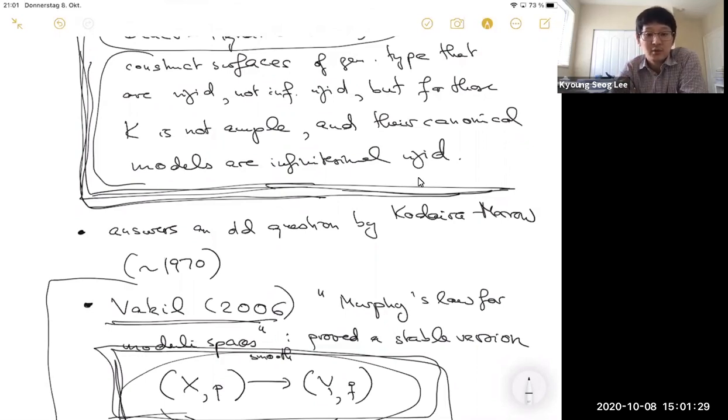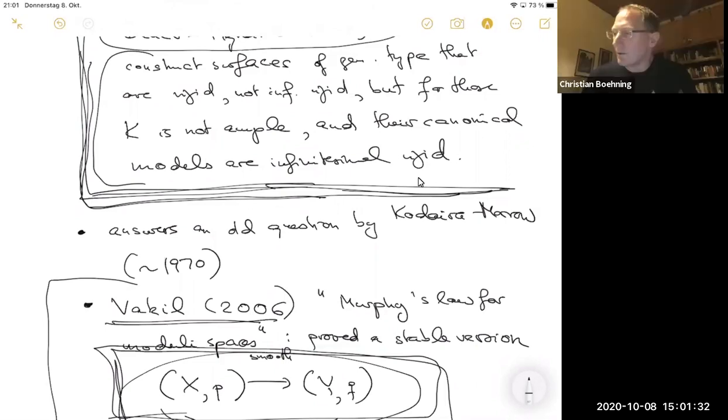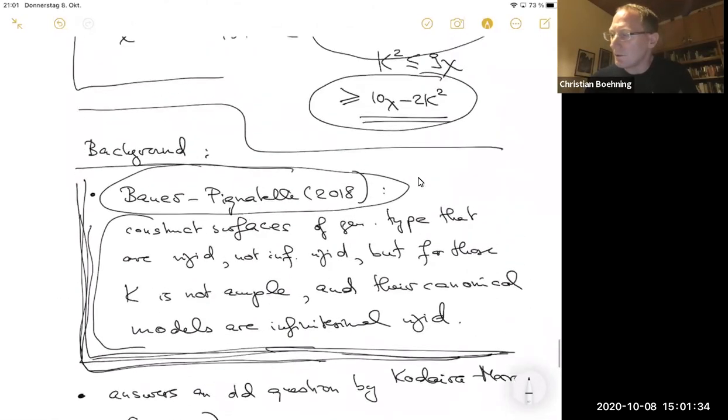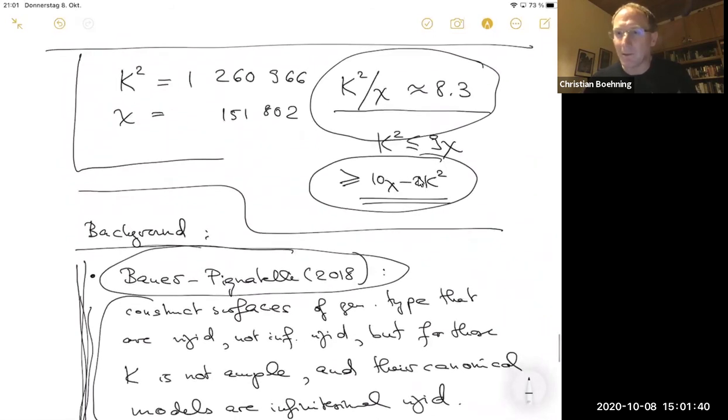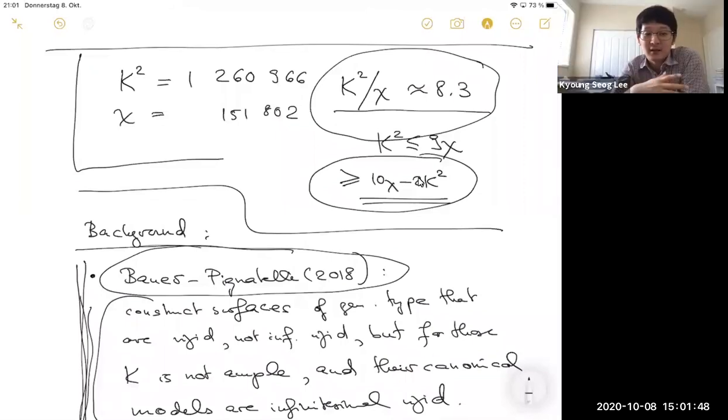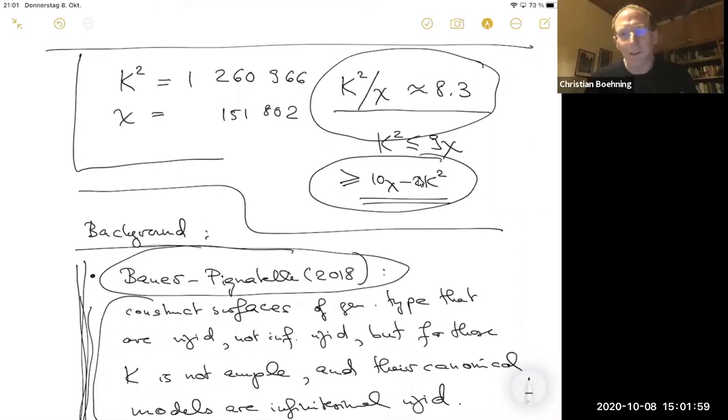Is there any example where this ratio is greater than 8, but still non-rigid? Is there any such example? I wouldn't know. No, I don't know. I would have to think about it. Probably, yeah, I think there could be. If this ratio is 8, then there are many surfaces with high, big dimensional moduli, but greater than 8, I'm not sure. Anyway. Yeah. Well, I don't know. I would have to think about it. I mean, it could be possible, but I can't answer it on the spur of the moment, unfortunately.